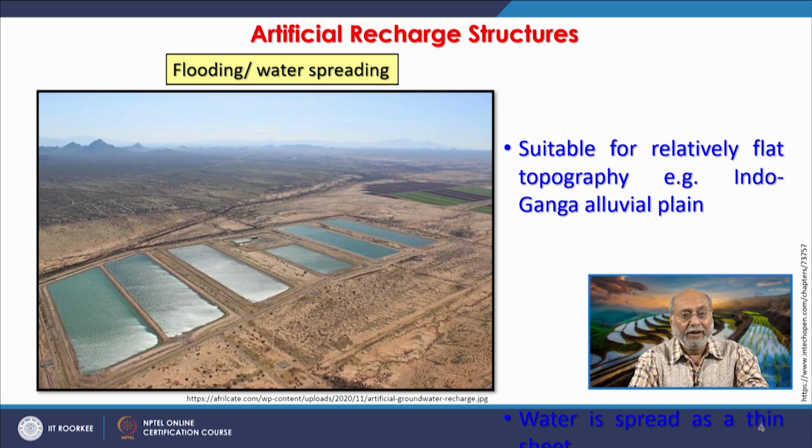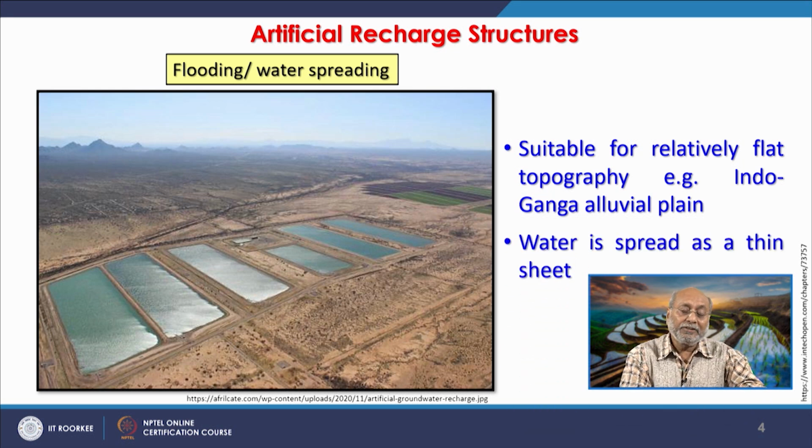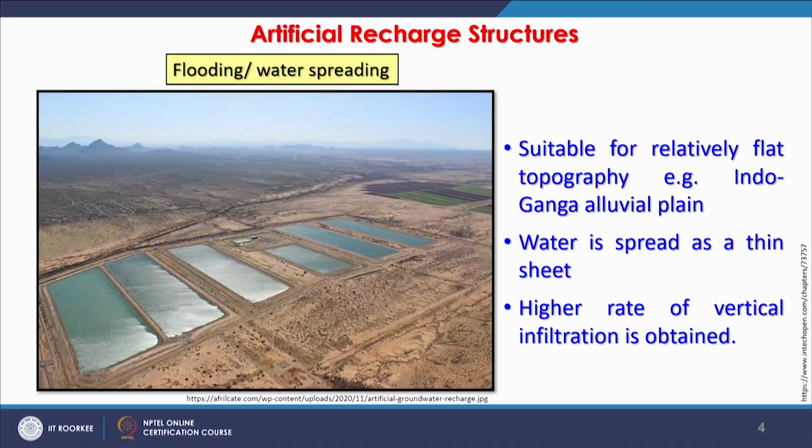in the Indo-Gangetic alluvial plain. In earlier discussion, we have seen that many red areas in terms of groundwater depletion are being seen in this Indo-Gangetic plain. So, the Indo-Gangetic plain now also requires a lot of groundwater recharge structures. In such places, the water is spread as a thin sheet, and then higher rates of vertical